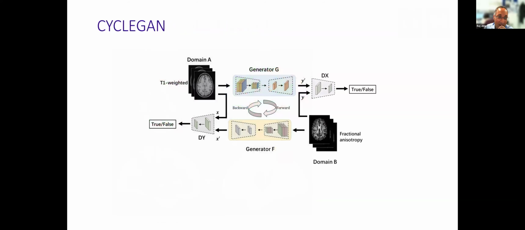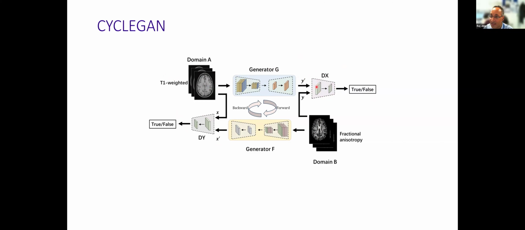There we go. So we used something called a CycleGAN to do this. This is a particular type of generative adversarial network, and this is where the faking comes in. If you imagine a CycleGAN is like two models back to back, facing each other, going in opposite directions. The first model ingests an MRI scan, and it has a generator that tries to learn to produce a synthetic DTI scan from that MRI scan.